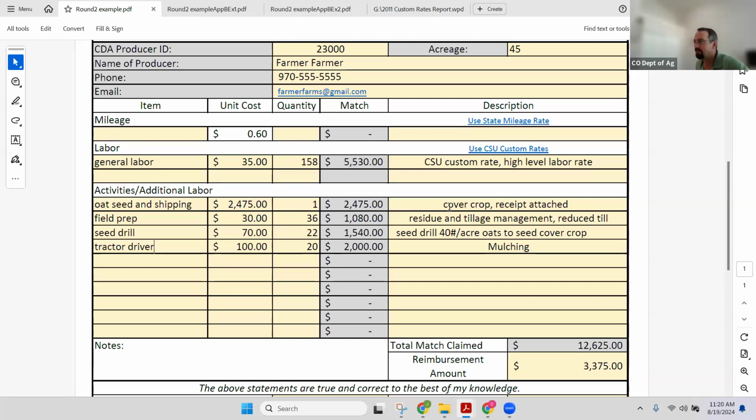The explanation, well, let me start with the labor hours for the explanation. Should match what's actually on the custom rate sheet, so we understand what that is. You can also put what the practice is that they're using to implement that, but letting us know where you got that rate would be helpful. So please portray the actual hours for the producer that they put into the project. It's not just for us and our benefit, it's to help the producer understand what did this actually cost them to implement. It demonstrates that benefit or opportunity cost related to the activity that they're doing, this new activity, and